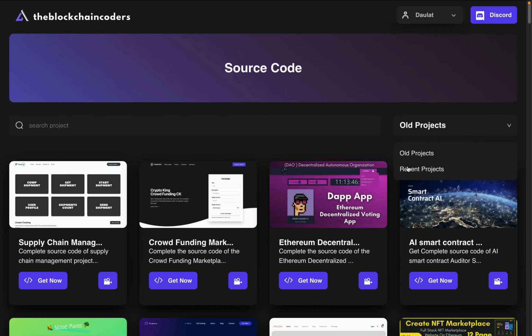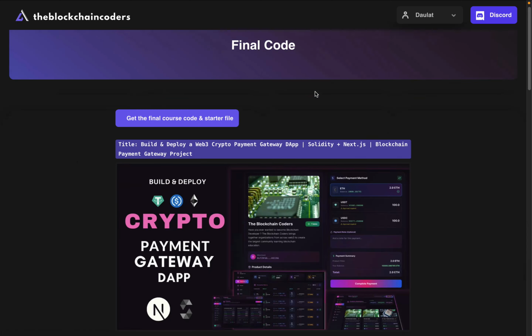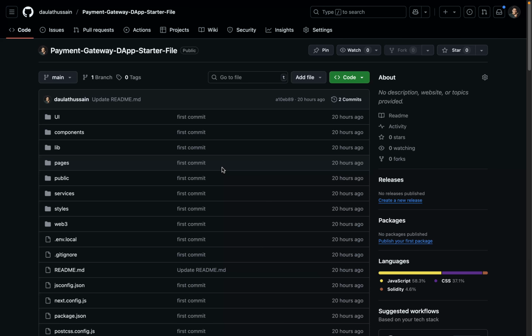You can also do the search. You can click here in reset project, and here you have. So click on this. It will take you to this particular section. You can also take the final source code. You can also go back to the starter file, and then you will find the complete architecture of the project,